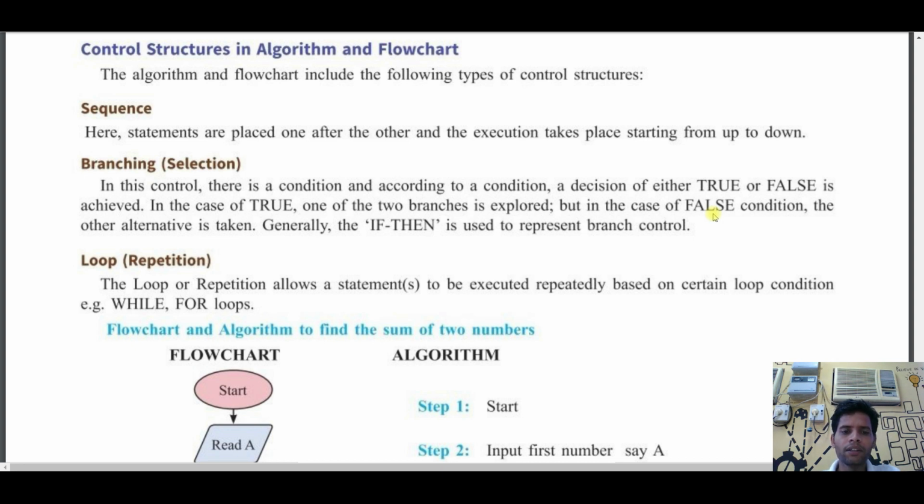If not, go back and check the next room. So whenever we have a condition and we need to choose one, that is branching selection. We will choose A or B. A means inside and B means outside. A means true and B means false. If true, then this condition, next step. If false, go back to any step or other available option.